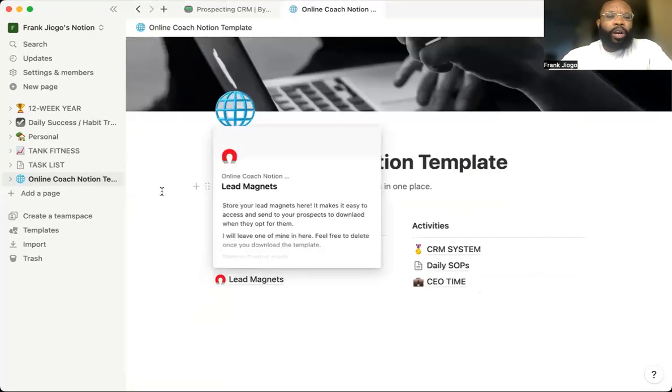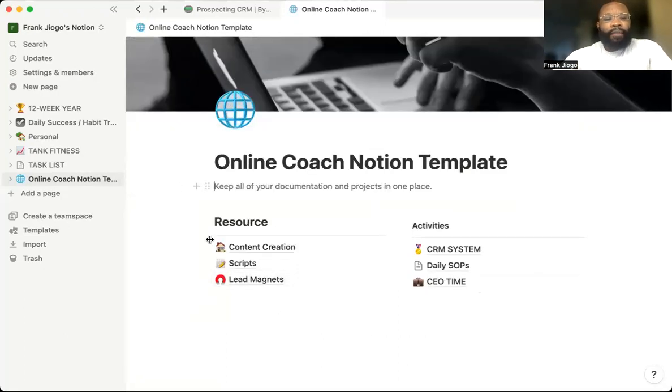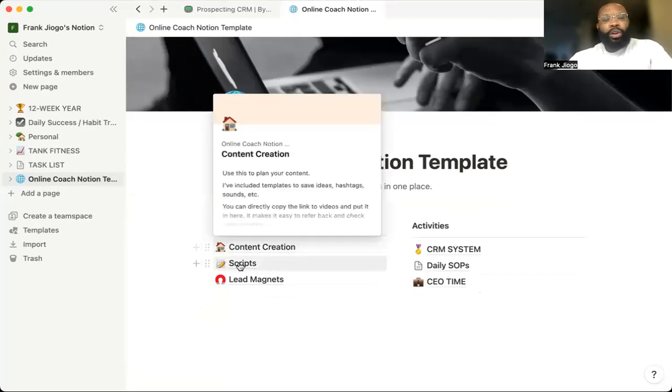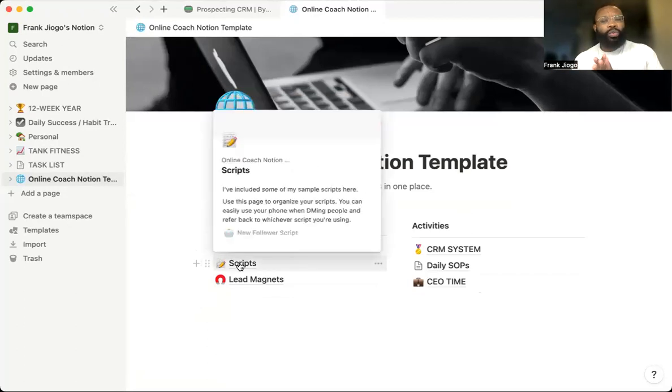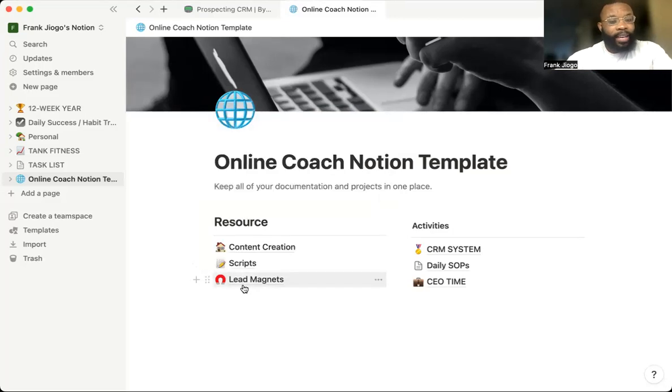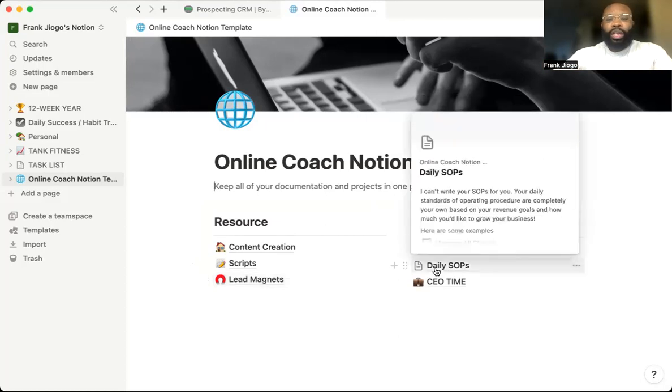I have a couple of different sections for y'all. I have a section on content creation. I have a section on the different scripts you're going to use when reaching out to clients. I have a section for you to house your lead magnets, that way when you're sending lead magnets out to clients, it's very easy to access very quickly. I have a section you can use as a CRM, and I have a section you can use as a